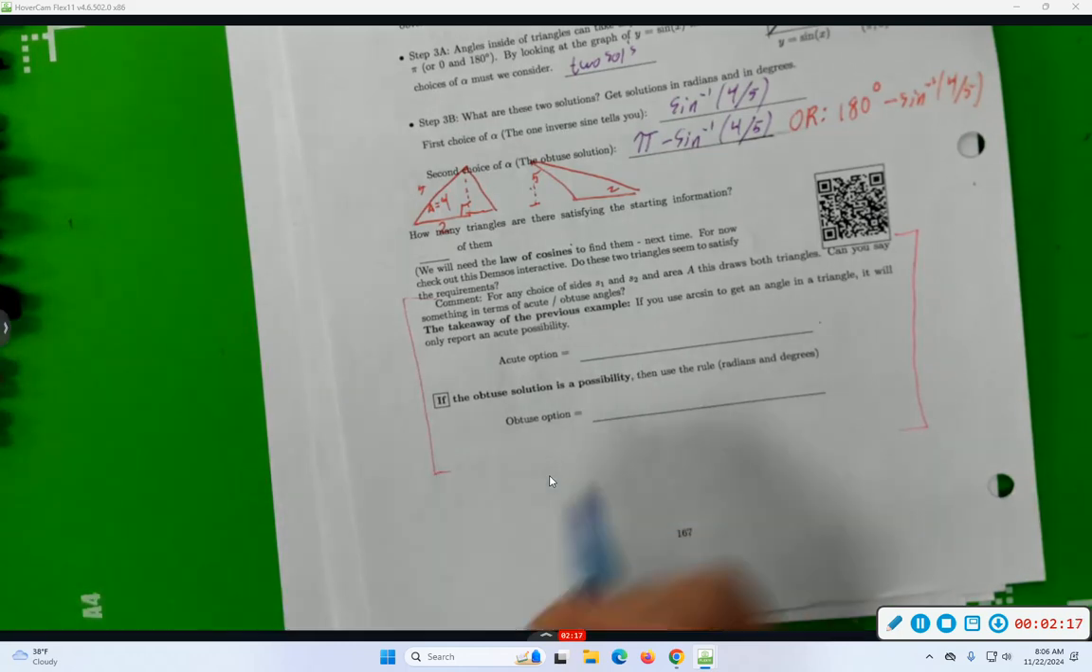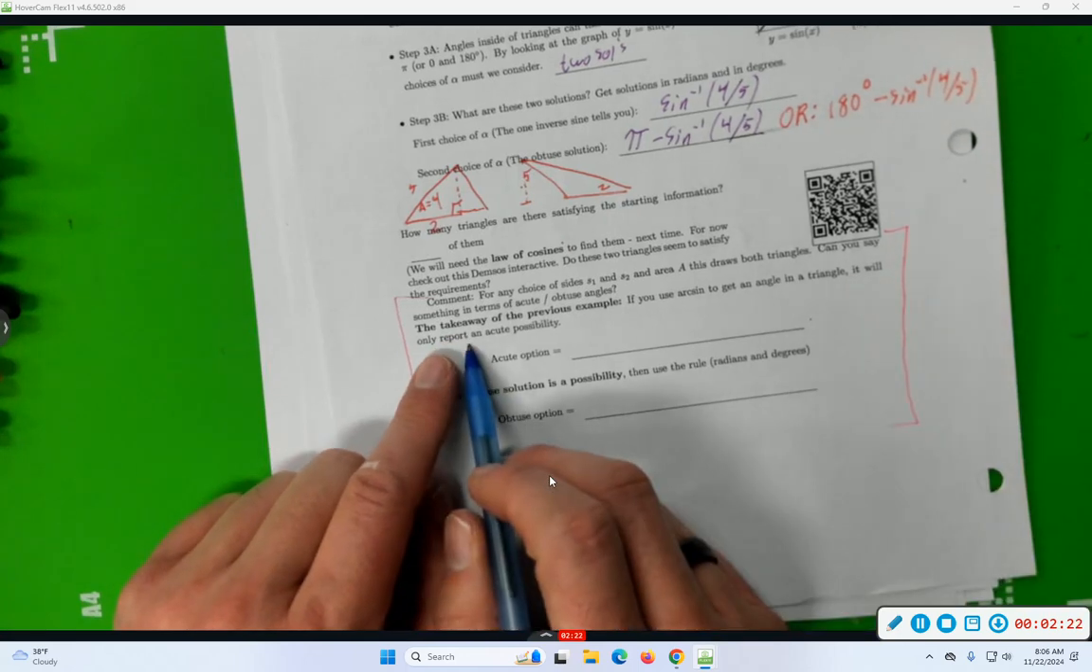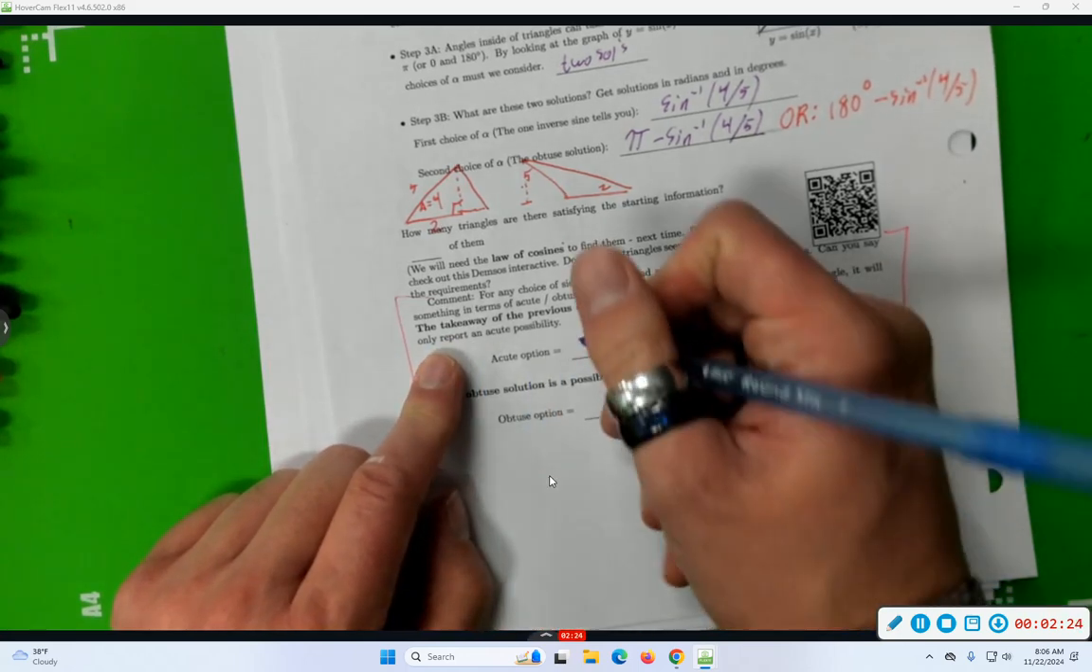If you use arc sine to get an angle in a triangle, we'll only report an acute possibility. So the acute possibility